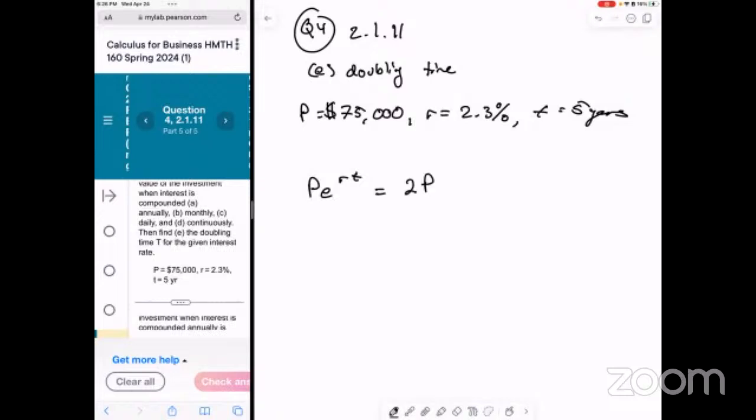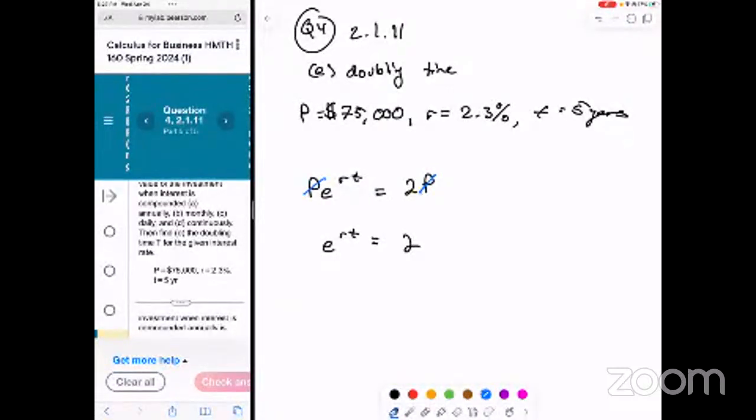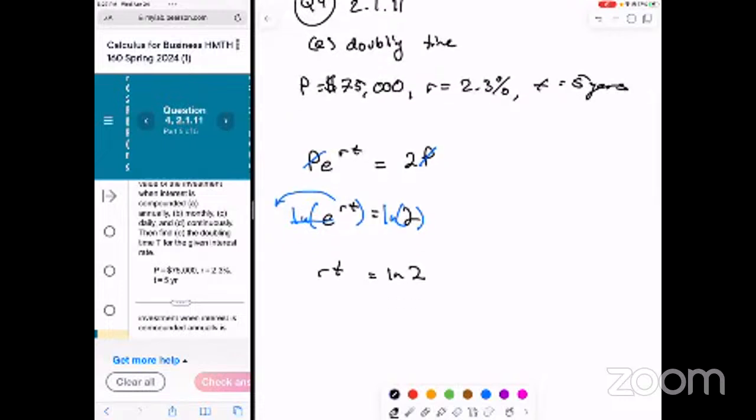So we can divide both sides by P and they're going to cancel each other out, right? So then now we're going to have e to the R T equals 2, we can take the natural log on both sides. That allows this to come out, and this is gone. Okay. So now at this point we have R T equals the natural log of 2. So we want the doubling time, so we're really solving for t. Ultimately, t is going to be the natural log of 2 divided by r. So the doubling time is going to be the natural log of 2 divided by r. And then from there, we use our calculator.